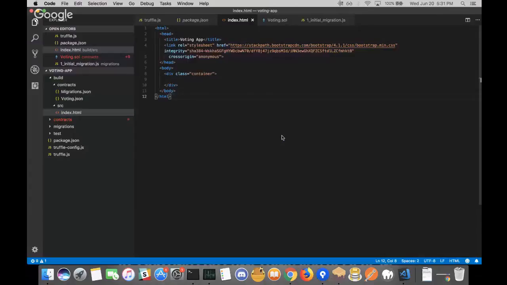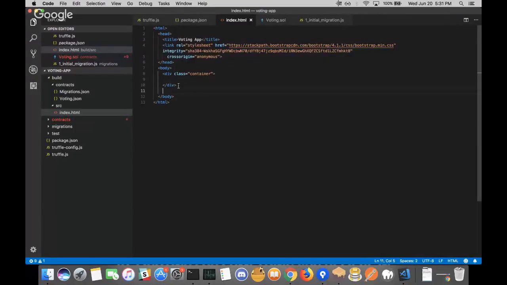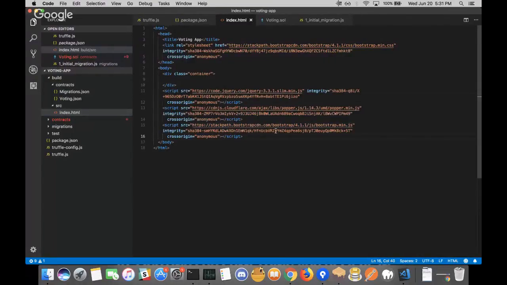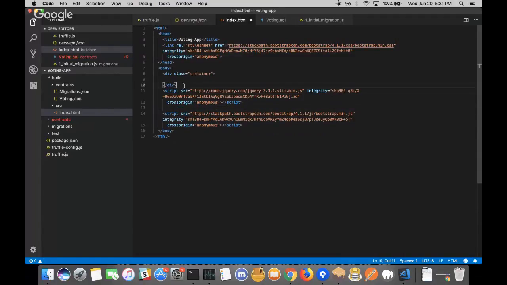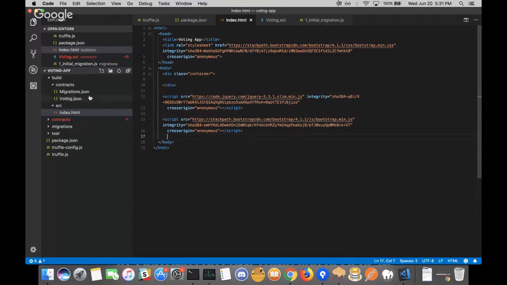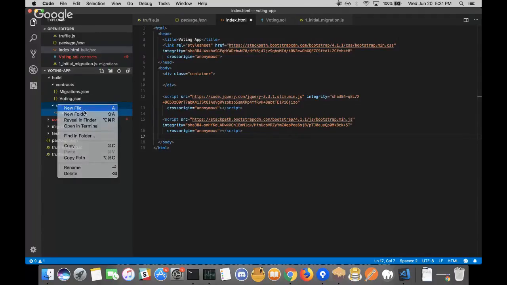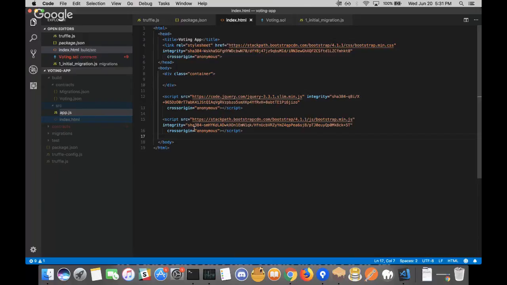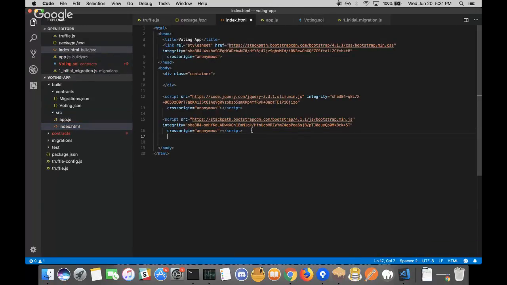Copy over to JavaScript. I actually don't need all of this. I don't need this. I will keep jQuery. There are two other things that I'm going to need. One, I'm going to create a new file here. I'm going to call it app.js. And I'm going to include that. And I'm also going to need